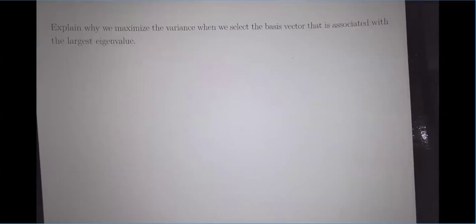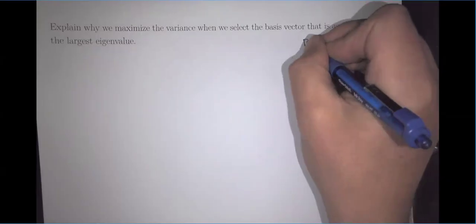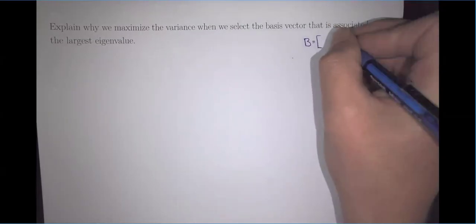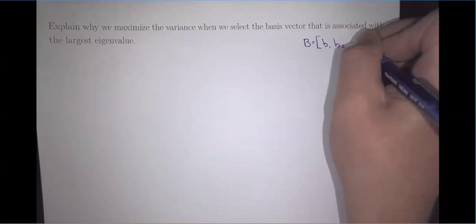Now, in a principal component analysis, we maximize the variance when we select the basis vector that's associated with the largest eigenvalue. Let's explain why. In a principal component analysis, we have this matrix B that's composed of orthonormal vectors, B1, B2, Bm,